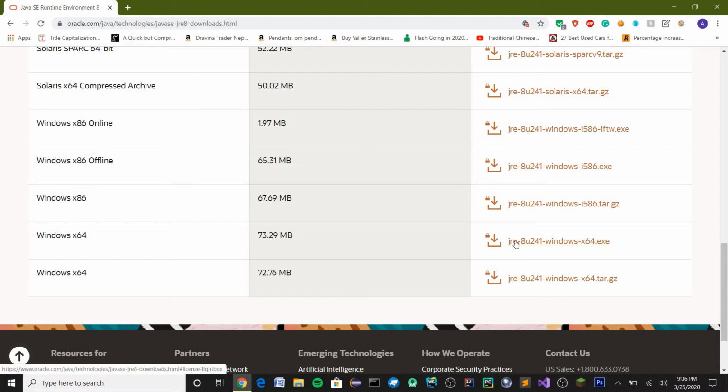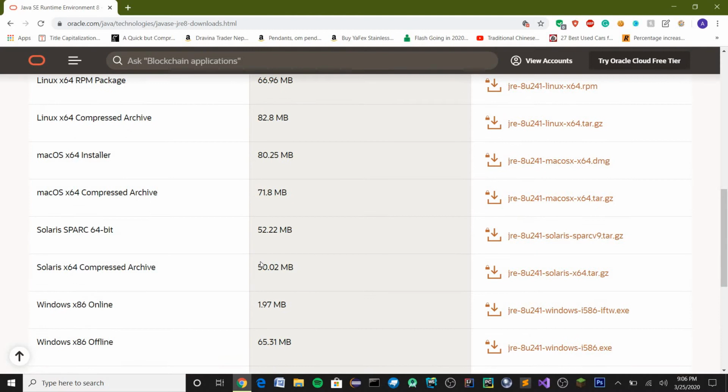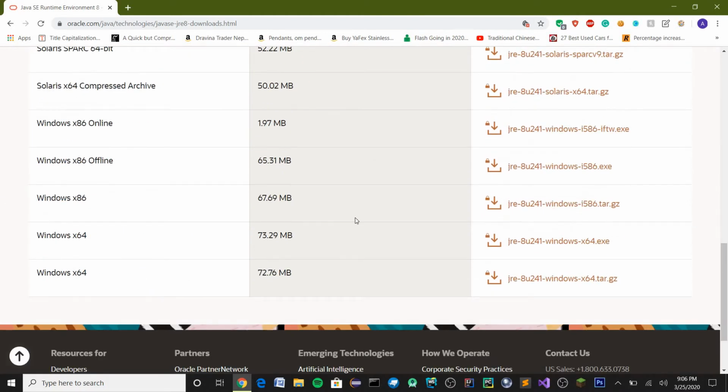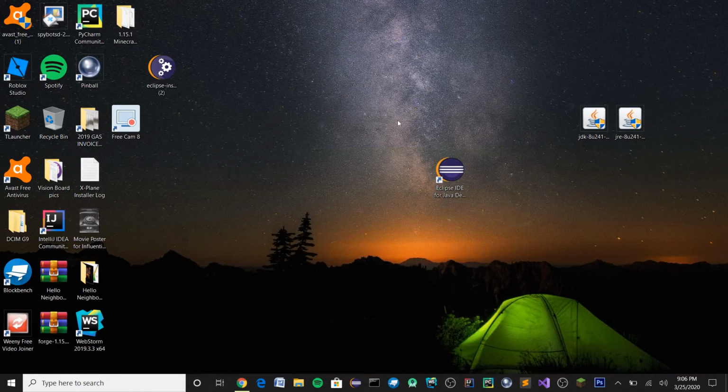click the JRE 8u241 Windows x64.exe. Really important, but don't click the tar.gz, not this one. Click the .exe. It's a runnable exe file. So do it with your corresponding OS and your processor speed. I have a Windows, so I'm going to be clicking this. I already have it installed, so JRE right over here. You want to double click this, you want to press next in the installer, and it's going to download for